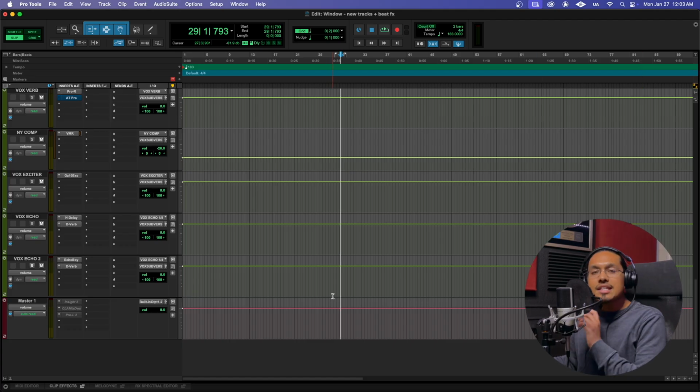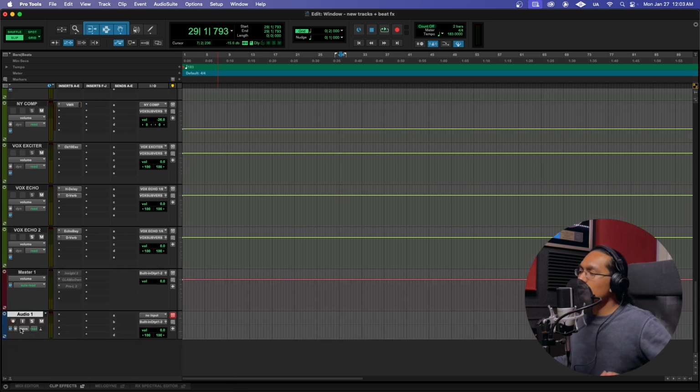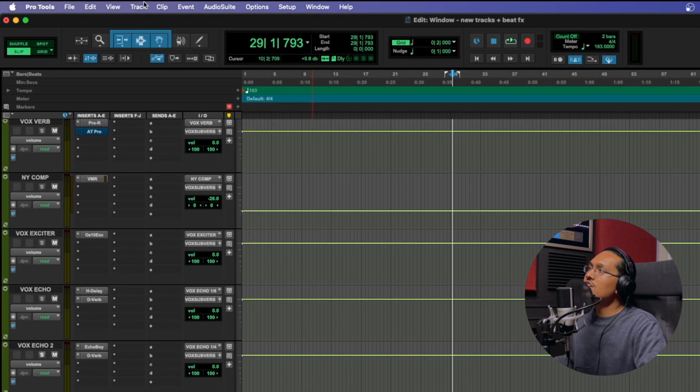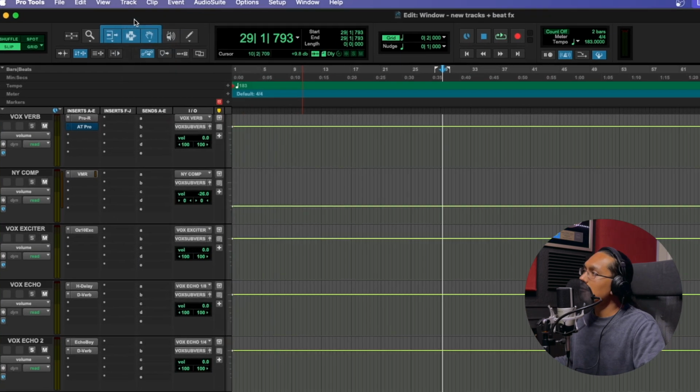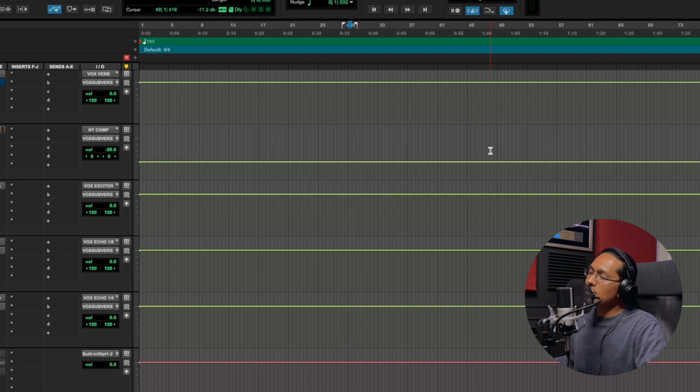All right, so the easy way to do this is just double clicking on the blank area over here. Boom. You can just make an audio track. Super fast, super simple. Another way to make a new track is you guys could actually go to the track over here and just hit new. And when you go there, you have create your new audio track, samples, and then your name right here. Boom. And the fastest way to do it is by